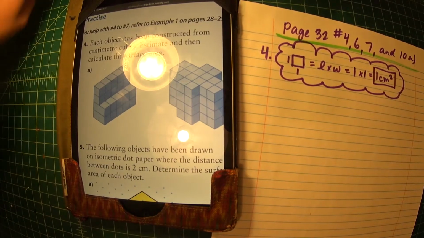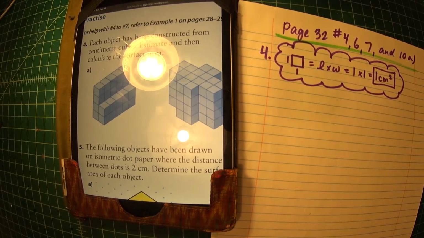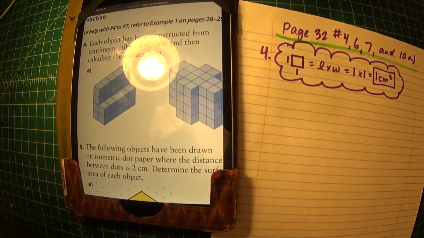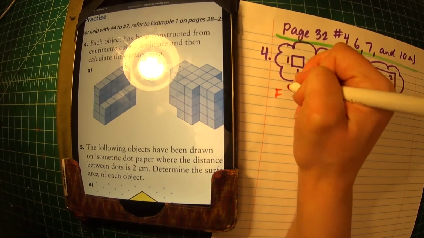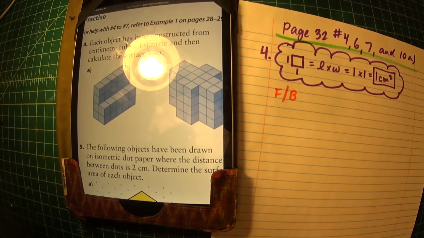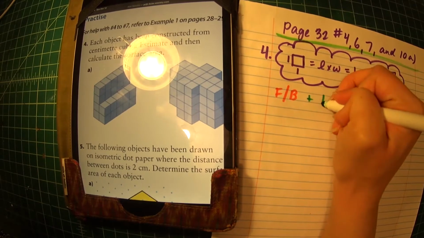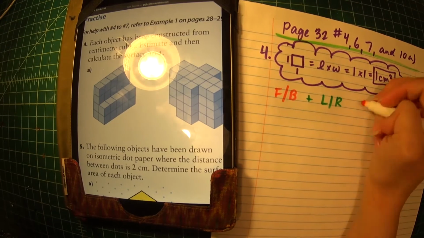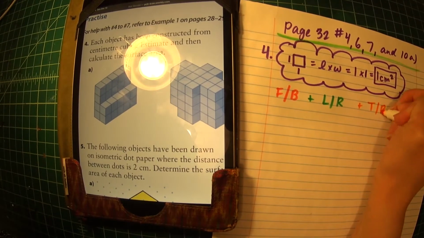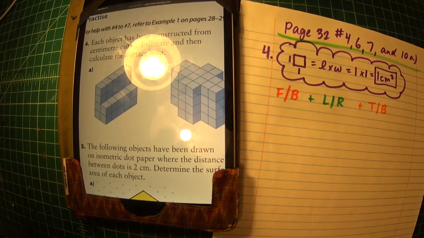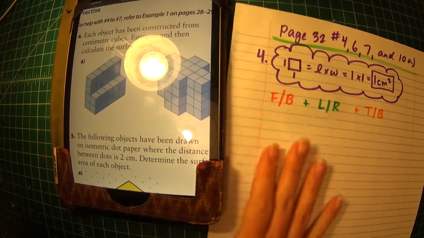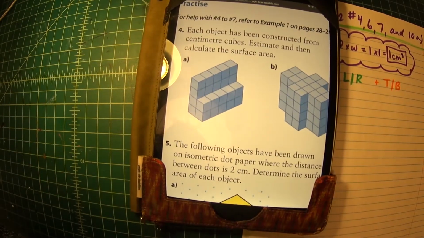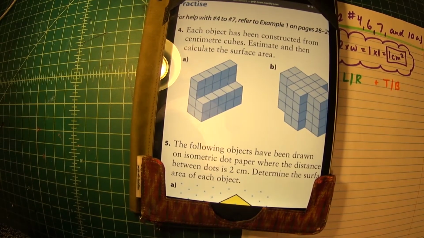Okay, so next thing we're going to do is break it down into the 3 sets of matching views, meaning a front and a back, plus a left and a right, plus a top and a bottom. When it comes to the front and back, left and right, I know often students say to me, I don't know which is which. It doesn't matter. As long as you're not calculating the same faces more than once, it really doesn't matter